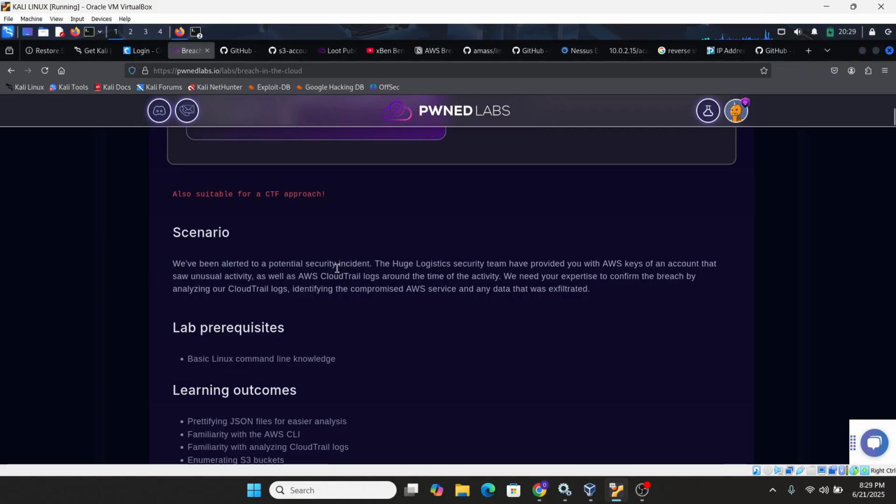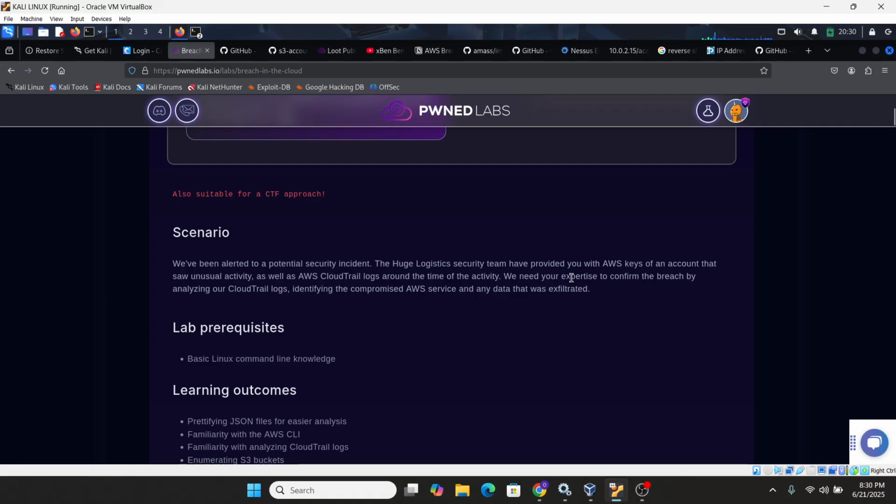So we've been alerted to a potential security incident. The Huge Logistics security team have provided you with AWS keys of an account that saw unusual activity. So that is the account that was used to perform this breach that the attacker manipulated. We have the account here, as well as the CloudTrail logs around the time of the activity.